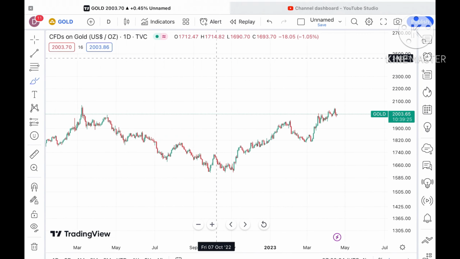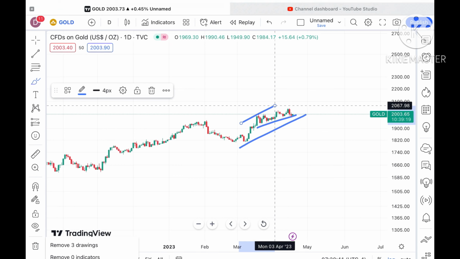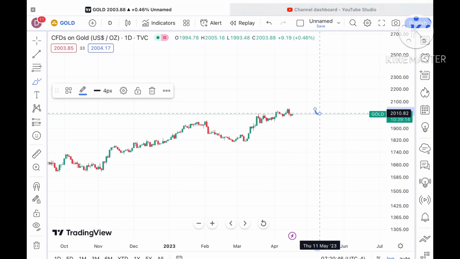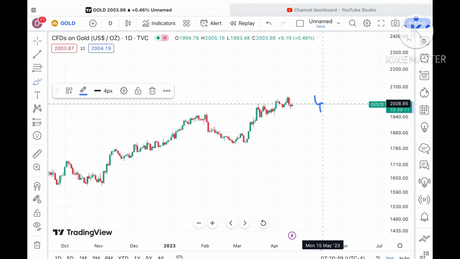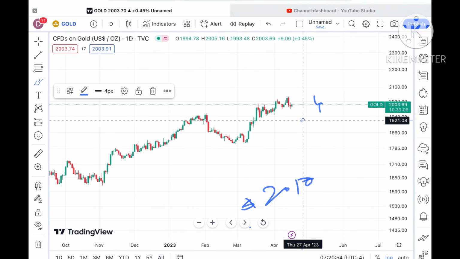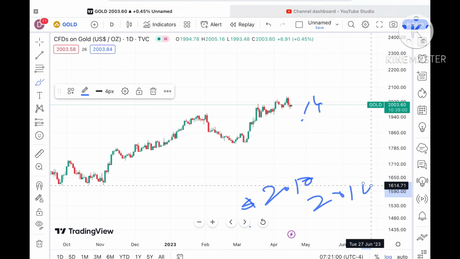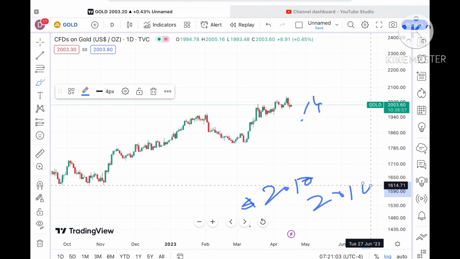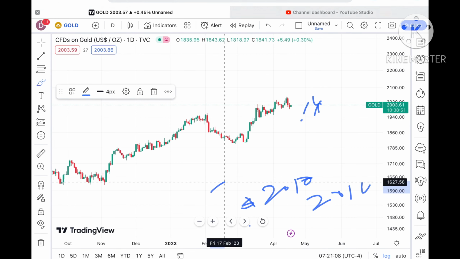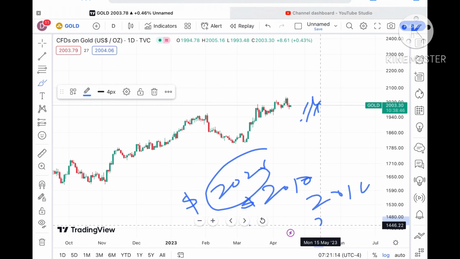Now if the price sustains this level, chances are high, because the overall trend is upside and we have seen good volatility in the price of gold. Suppose the price sustains, it can go further upside towards its neck resistance of around $2010, and if the price sustains above this level, chances of going further upside are there, and it can go towards a level of $2016. Suppose the price moves above $2016, then we can see the next resistance coming at around $2026. And if that level also sustains, chances of going towards a level of 2032 are there.